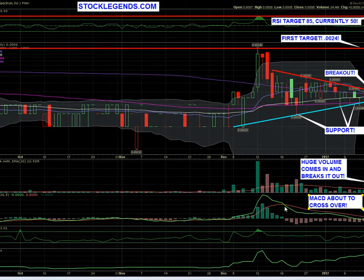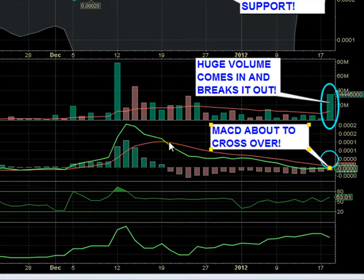And you can also see that the MACD, which gives us our buy and sell signals, tells us what direction our momentum is moving in. You can see that the MACD lines have not yet crossed, but they're very, very close. You can see the histogram bars are moving up, and this crossover point is going to give us the confirmation